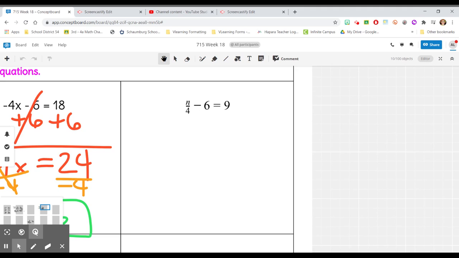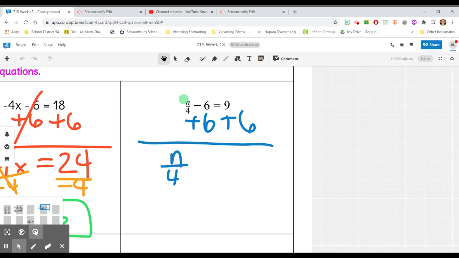Next, we have two operations to be undone, and we're solving for n. Adding and subtracting go first. I'm going to add 6 to both sides, which is going to leave me with n over 4 is equal to 15. To get n by itself, I'm going to multiply both sides by 4 to get rid of it,